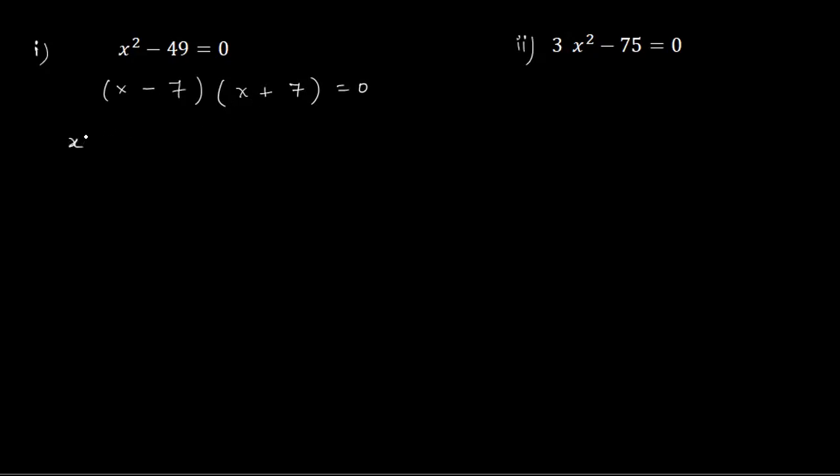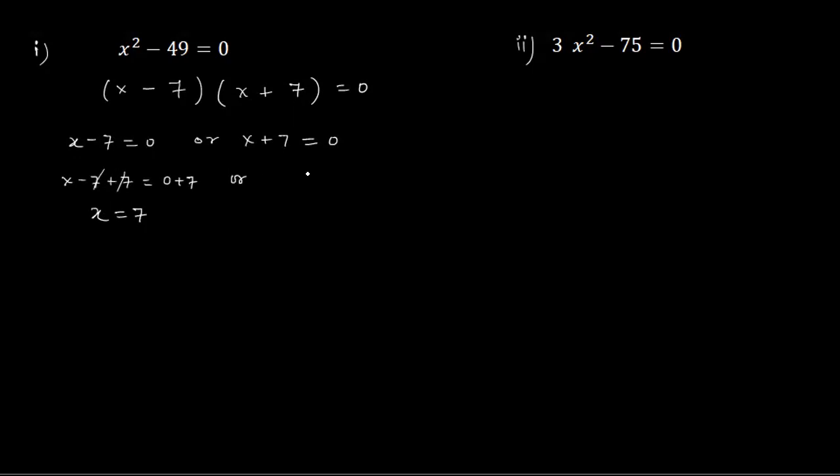This can be rewritten as x minus 7 equals 0 or x plus 7 equals 0. How do we find the value of x? Here we simply add 7 on both sides. So x minus 7 plus 7 equals 0 plus 7. So we get x equals 7,